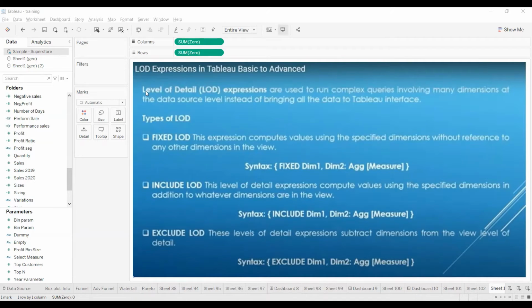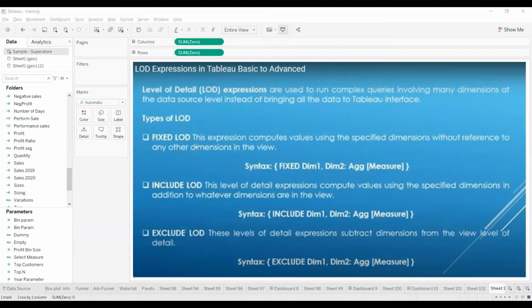So the definition is, level of detail expressions are used to run complex queries involving many dimensions and measures at the data source level instead of bringing all the data to the Tableau interface. So this is the official definition. By seeing all the examples, you can easily understand what LOD is and where we use it.